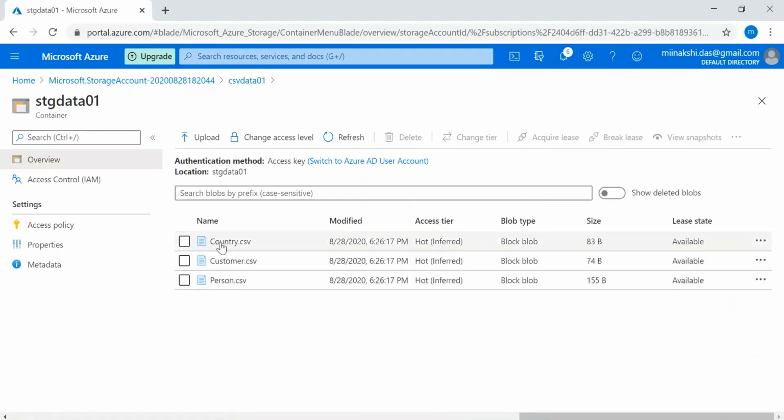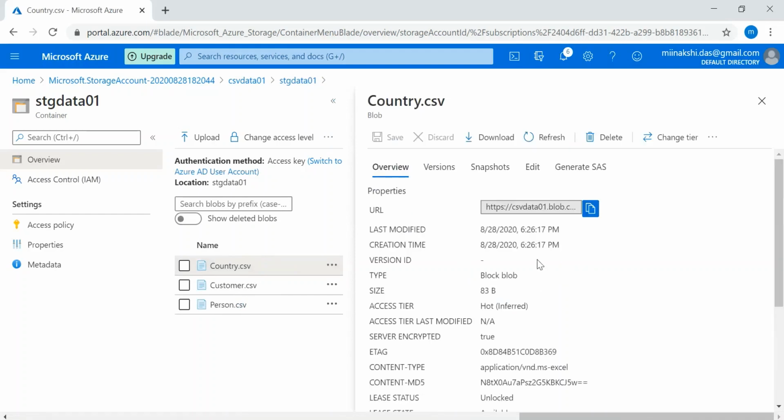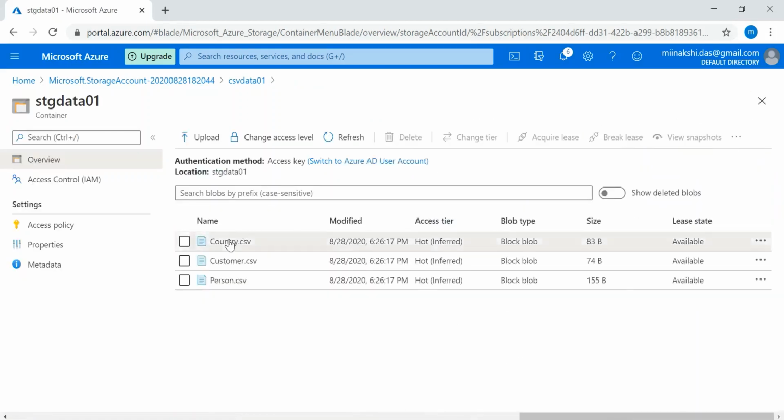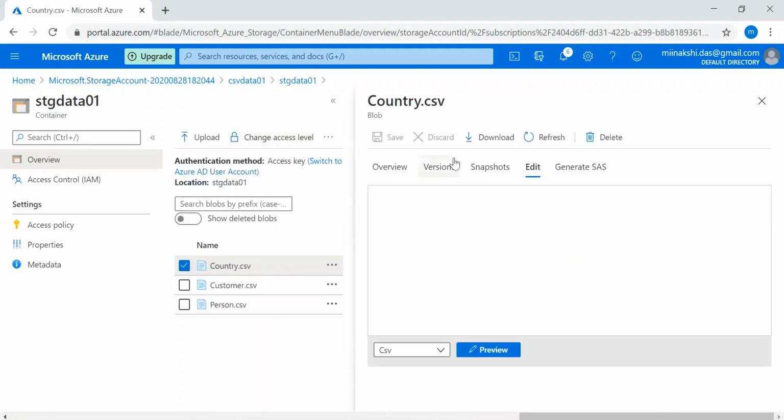Here if we click on a particular file, we can see the properties of it. We can change the tier here. We can delete the particular file, and we can right click. We can see the data and edit the data also. We can edit the data here.